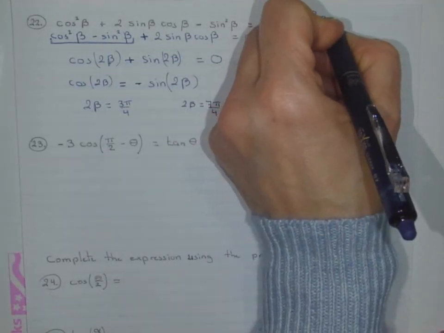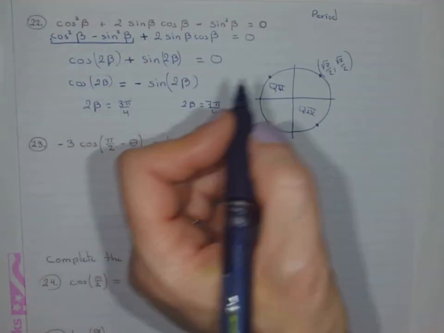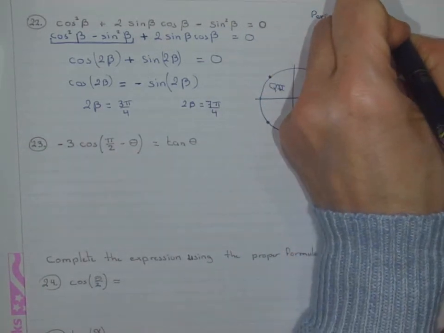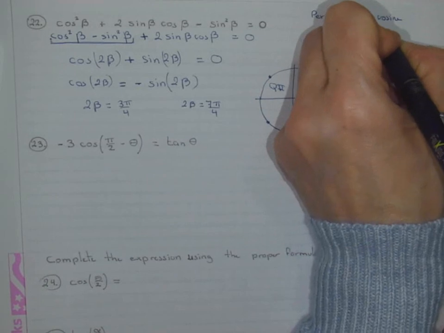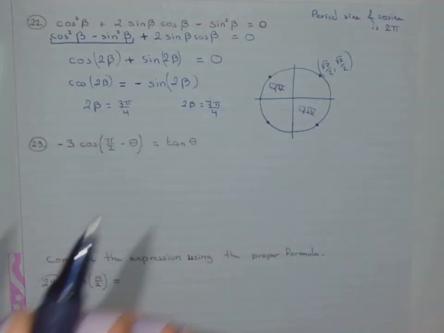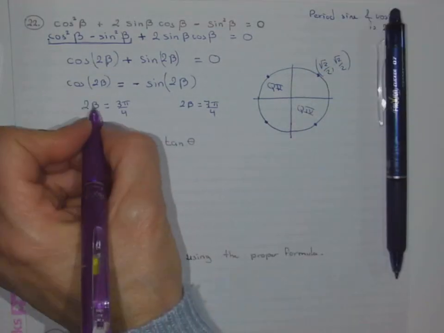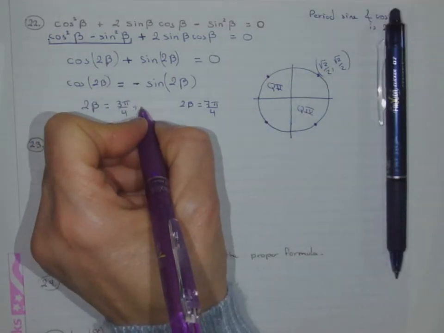So period, I'm going to do that right away as opposed to earlier. The period of sine and cosine is 2 pi. So when I'm going to do that here, I'm going to say it could be this plus